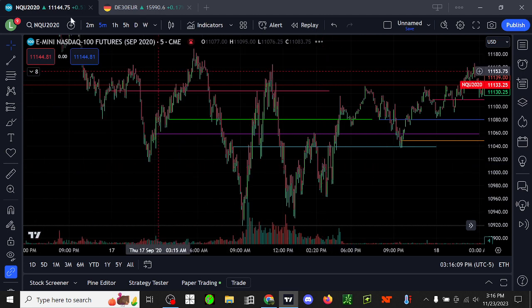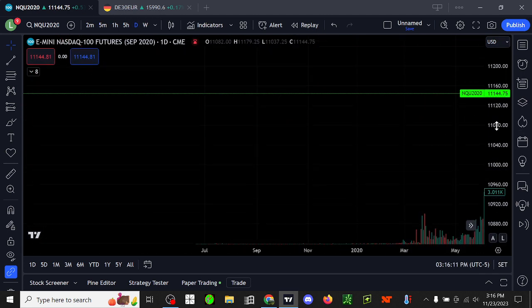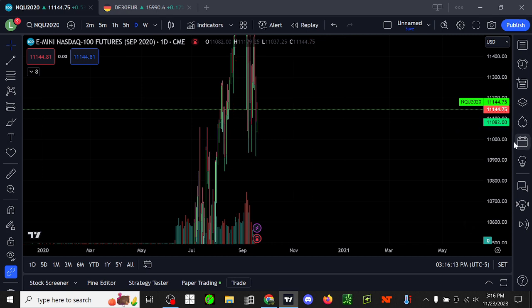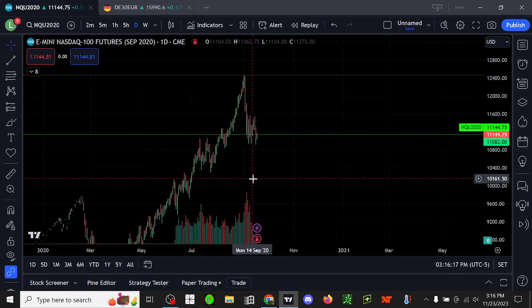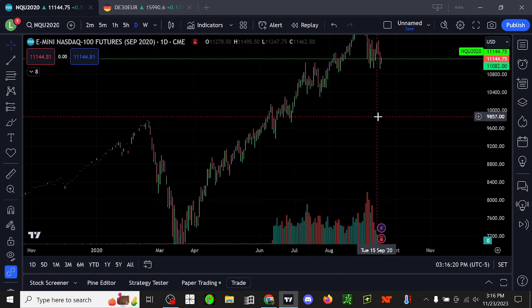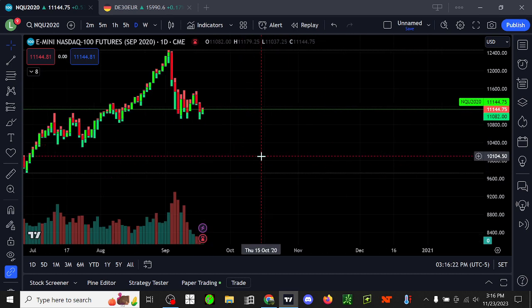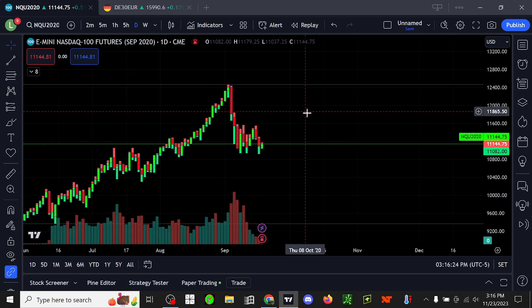Let's go on a daily chart. So this is 2020, near the end of 2020, not quite the end, but you know, bull market, all that, yada yada. It doesn't really matter. It can be any type of market environment, and I'm going to show you why ICT doesn't work.